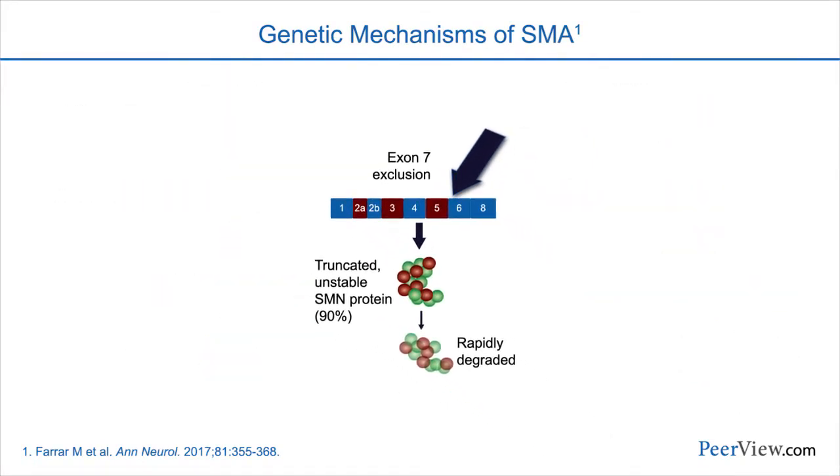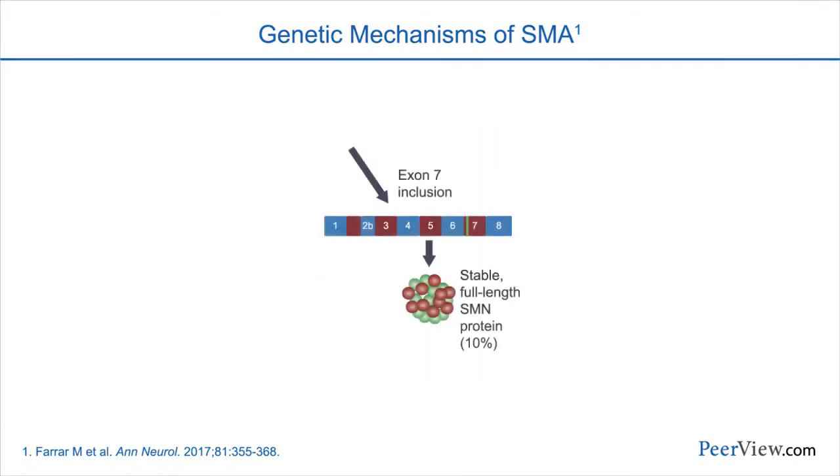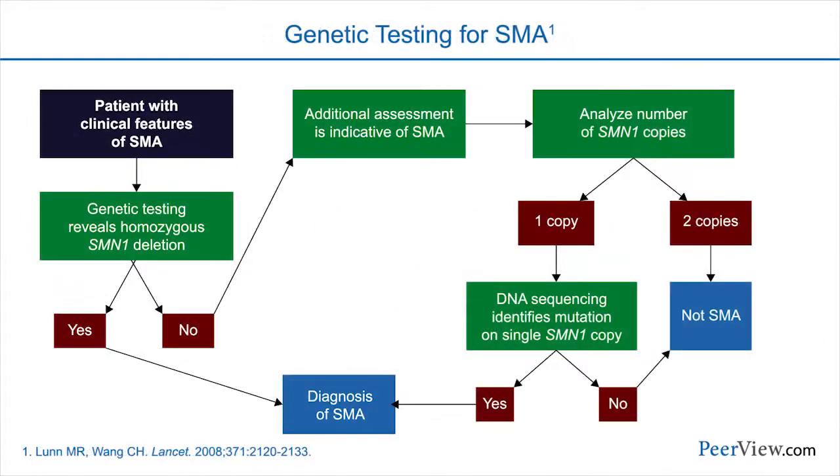It prevents inclusion of exon 7 in the read-through of the RNA most of the time. So some of the time, maybe 10%, around in that region, read-through of SMN2 will produce a functional, stable, full-length SMN protein. However, the rest of the time, the smaller, truncated, unstable protein that is produced becomes rapidly degraded and non-functional. The pattern that has been developed for testing when one clinically suspects spinal muscular atrophy is to do the